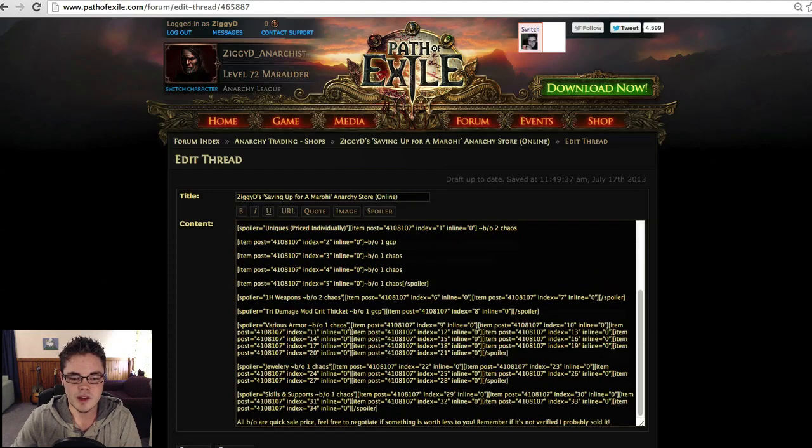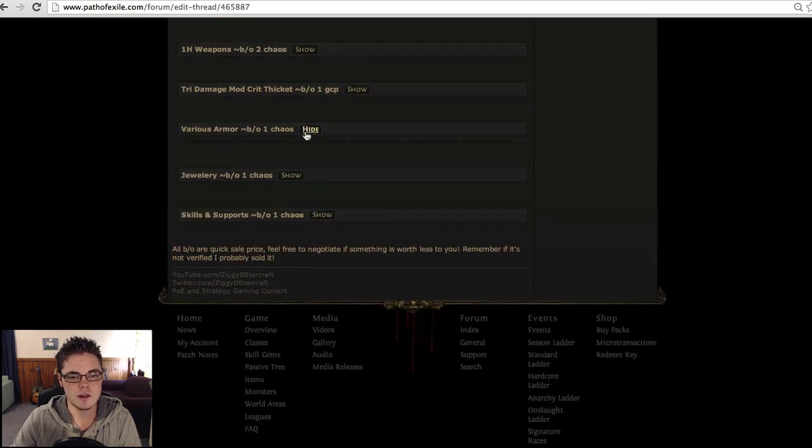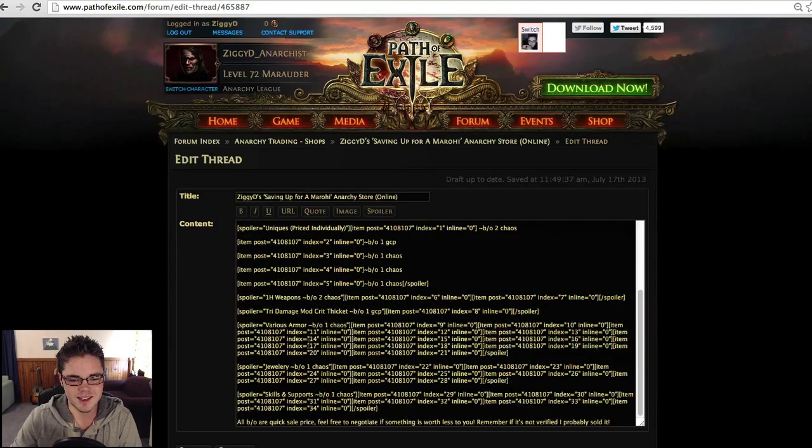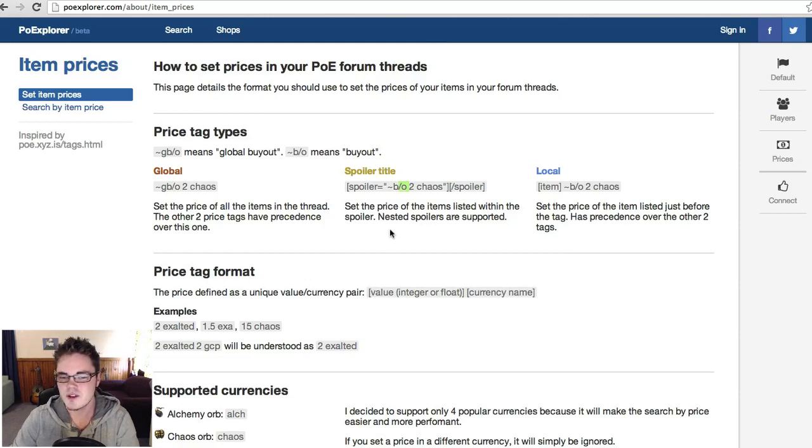For example, various armor, everything linked in those various armor spoiler tags, so that's here, will have a buyout price of 1 chaos, and it'll appear in the search engines for that buyout price of 1 chaos. So go back to that code. I'm just getting a little bit lost. There we go. Buyout space tilde key buyout space 1 space chaos, and everything you need to know about that